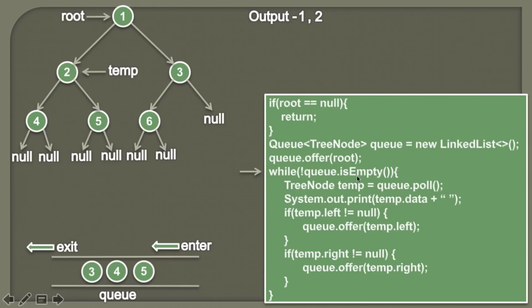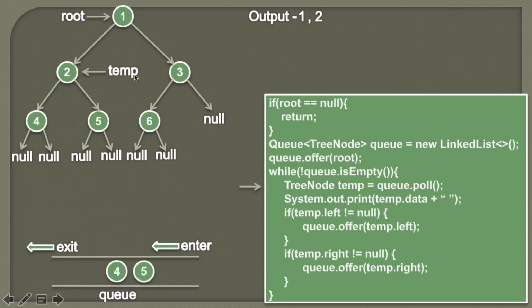we again check whether queue is empty or not. So currently queue has 3 nodes, therefore it's not empty. So the condition in while block comes out to be true. And then we'll simply poll the element from the queue. So when we perform a poll operation, the element which was inserted first is first to be removed. So here you can see node 3 is the first element. So now it will be removed from the queue and its value will be assigned to the temporary node. So it would look something like this.